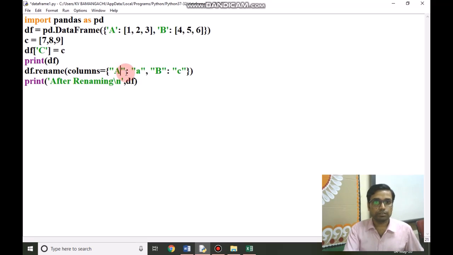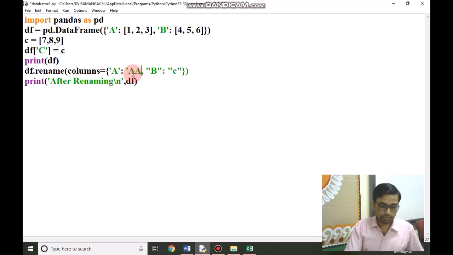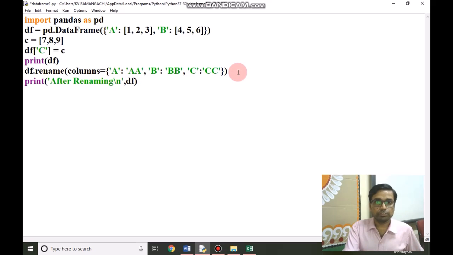Columns are A, and I will give the name AA, then B as DB, and third column will be renamed from C to CC. So we will run this program.